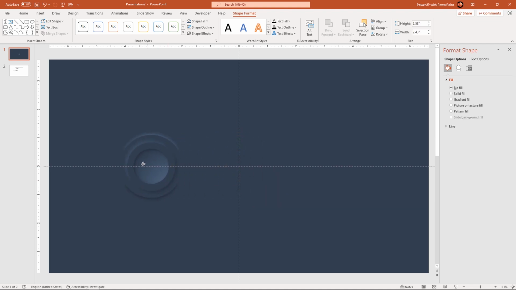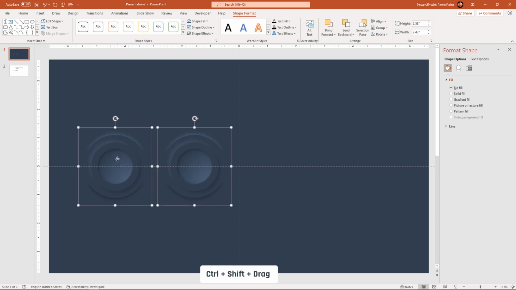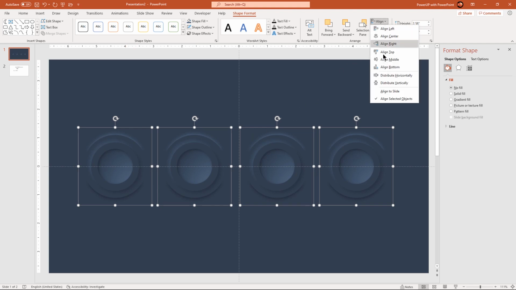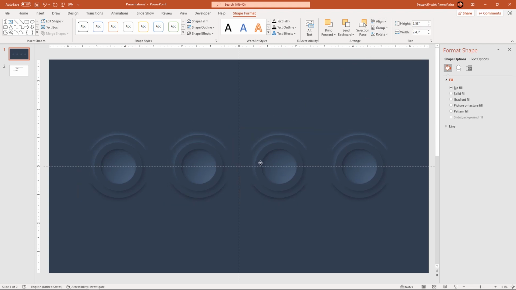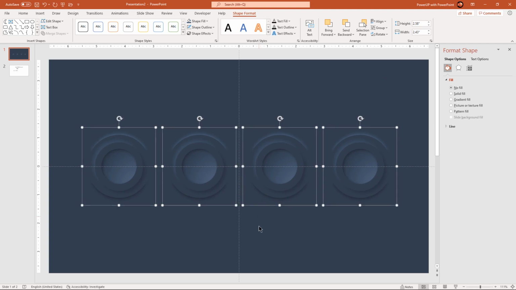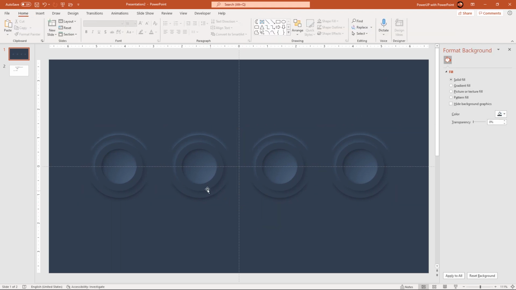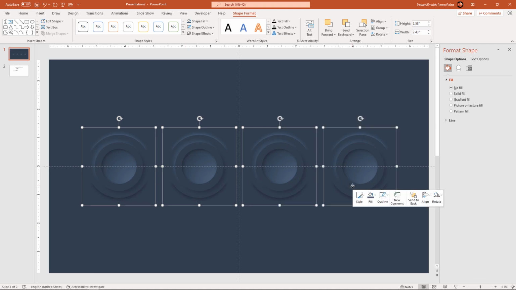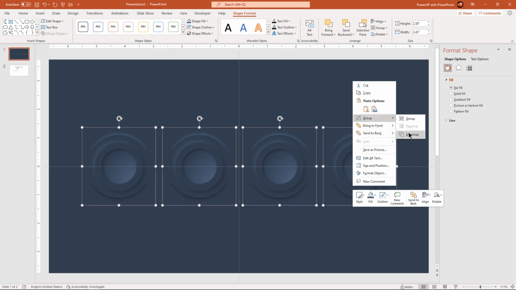Place it at the left side section of our slide and then drag it holding down Ctrl and Shift keys to create 3 more duplicates. Now select all the groups holding down Ctrl key, distribute them horizontally and then place them centrally to vertical guide. Finally, ungroup all these shapes and then add PNG and text fields onto our design.